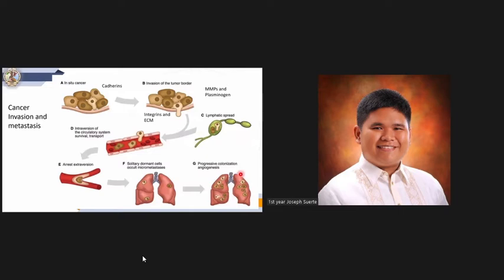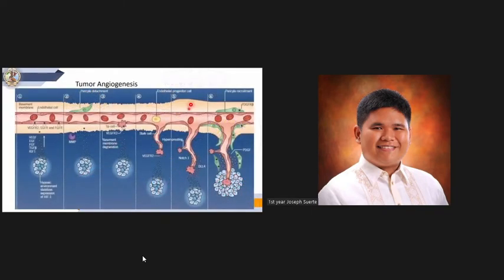So what happens, these cancer cells induce angiogenesis, or they try to make blood vessels of their own so that they can get nutrition from the blood. So here we have our tumor angiogenesis. So what happens? This is our group of cancer cells. Now they are already